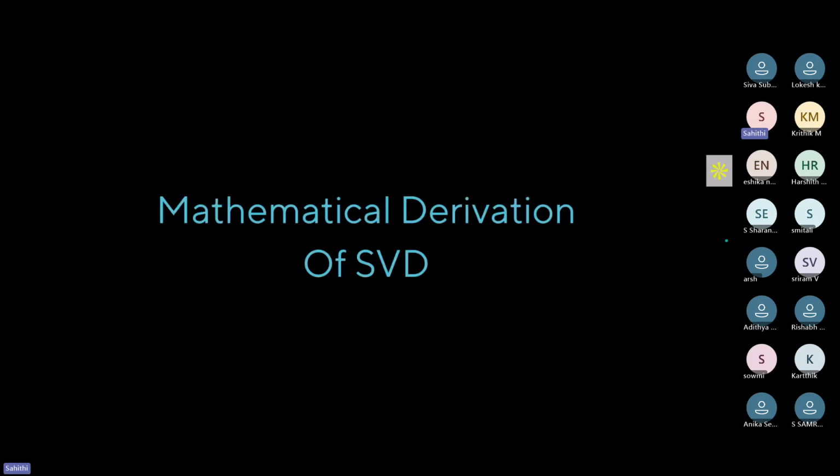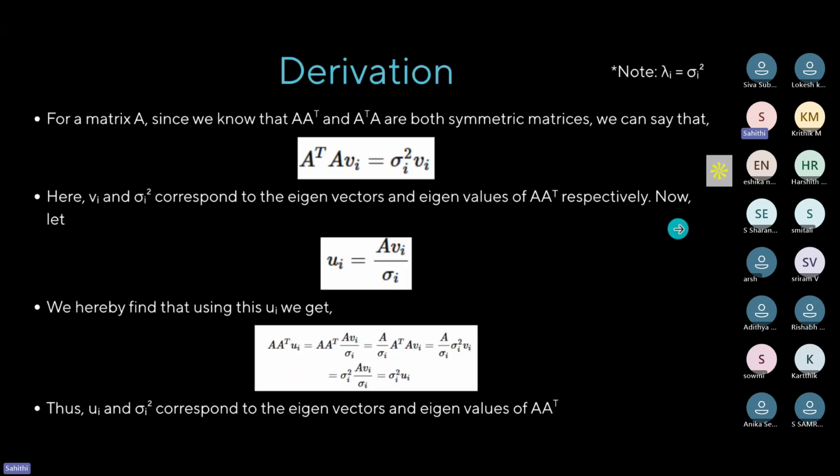So now how do we get this sort of derivation? For matrix A, we know A transpose A and A A transpose are both symmetric matrices, so we can find the eigenvalue decomposition of these matrices. Then we can say A transpose A Vi is equal to sigma i squared Vi. And so over here, Vi corresponds to the eigenvector, and sigma i squared corresponds to the eigenvalue